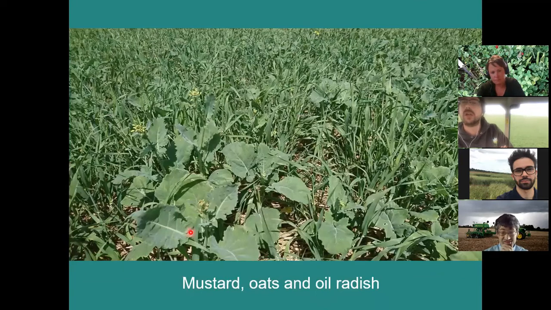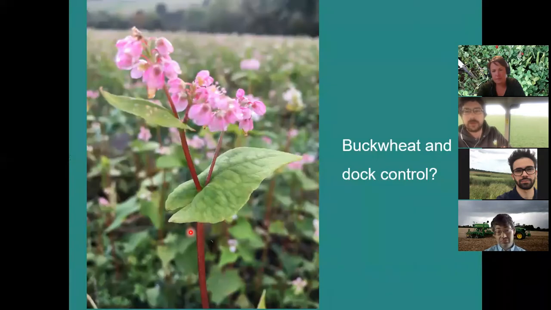That's just some autumn cover crop. There'll be a bit of everything in there. Yeah, we've been trying to mess around with buckwheat to control docks. We put a pure buckwheat crop in the ground in the autumn, as early as we can, August, September time. I think it is having an effect on our docks. We've just got 2 fields that are very bad for docks on the organic farm, and we are getting less.